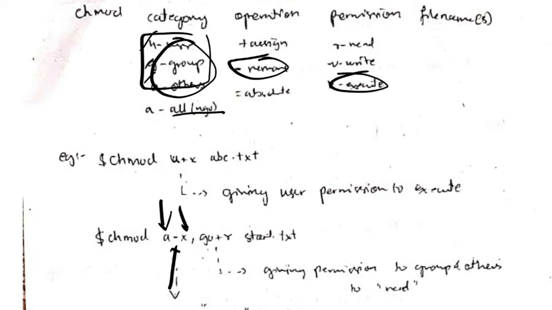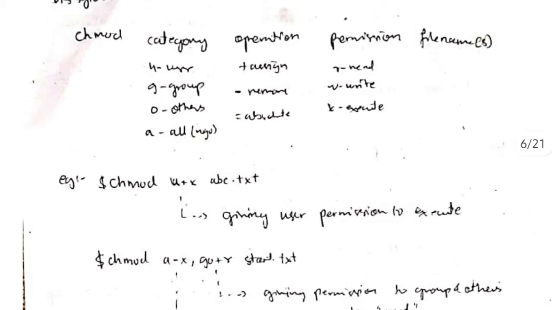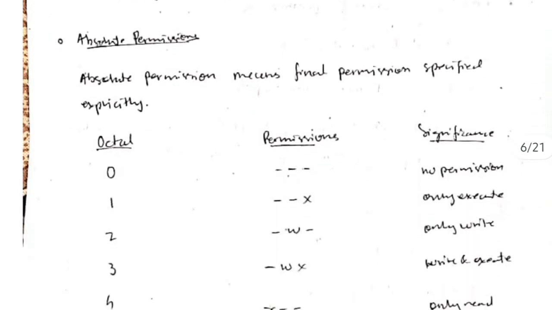Okay, and we have go+r. go means the group and others. These two have the permission for reading the file. Okay, in that way we can change the file permissions using chmod. And we have the absolute permission also,